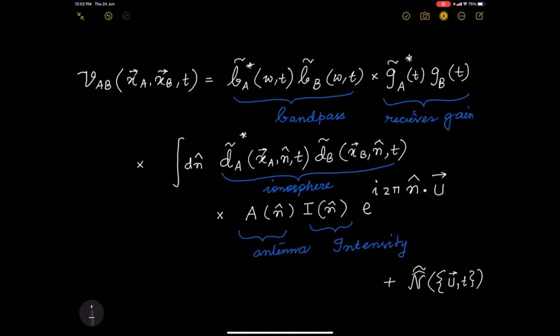They don't depend on the direction in the sky. The ionospheric gain here, as it is written, depends on the direction in the sky. So this part here is a direction dependent gain, and these are direction independent gains. Because they're direction dependent, that's why I use small d over here. So if I choose all these gain terms to be 1, what you get is the Van Cittert-Zernike theorem,